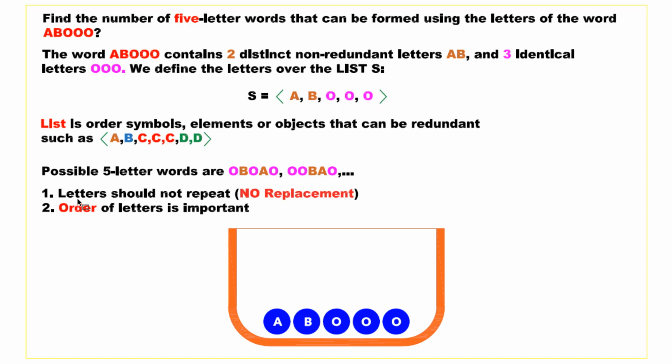So we have here letter should not be repeated, so it is the case of no replacement, and order of letters is important. So OB is different than BO,